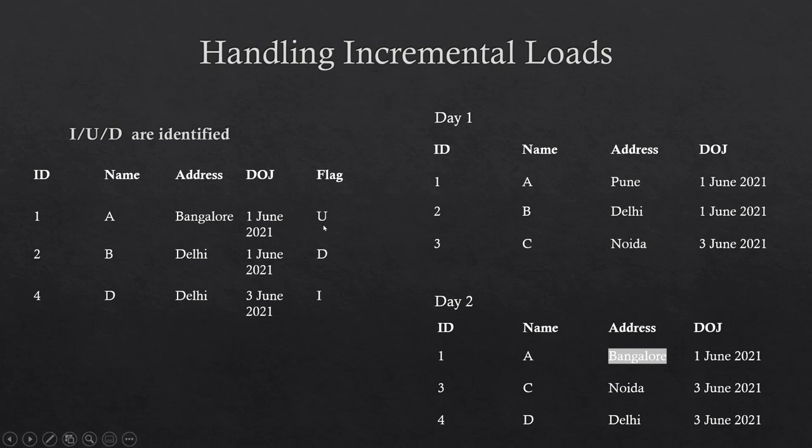Similarly, we'll pick up the data with flag U. Those are updates, and those updates have to be done. Now that will be done in a similar way. We need to read the partition or the table, create the data set that we need by updating it, and then rewrite the data into the table or partition.